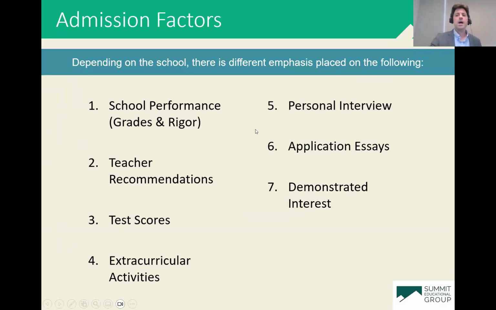All right. As we dive in, I always like to start here. This is back to that idea that at the end of the day, these really are just tests. They are not the be all end all of the secondary school admission process. There are going to be many, many factors that the schools look at. It is not just going to come down to an SSAT or an ISEE score. As you can see, there's a number of different factors on the screen. They are ranked. Please keep in mind that different schools are going to put different weights on these different factors, but it does give you a feel for what they're looking for.